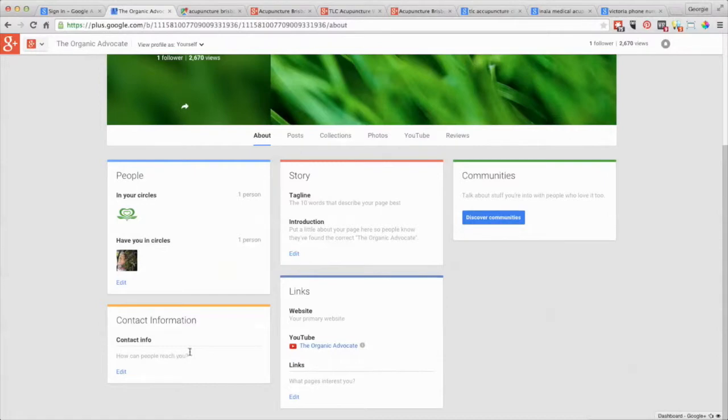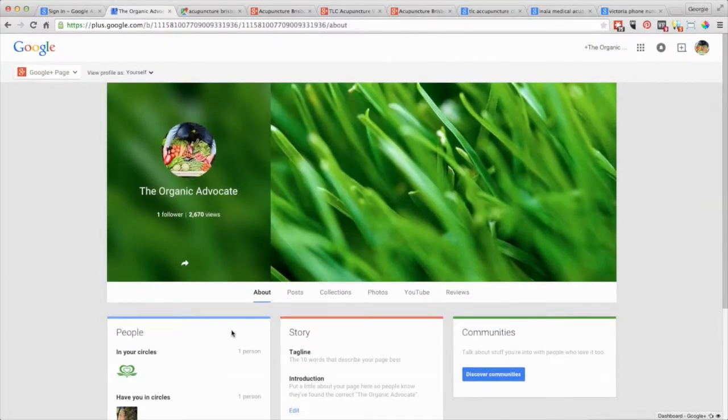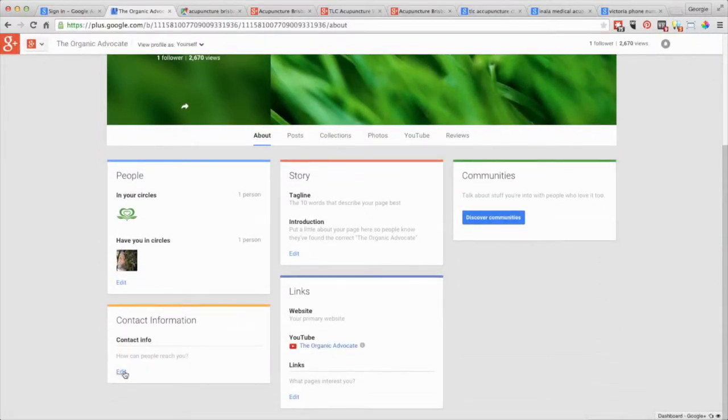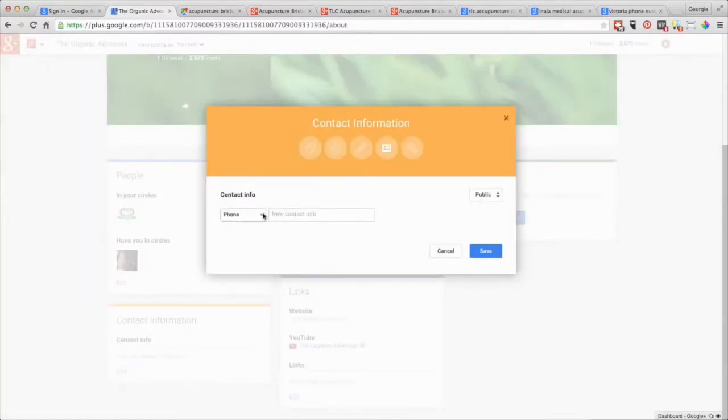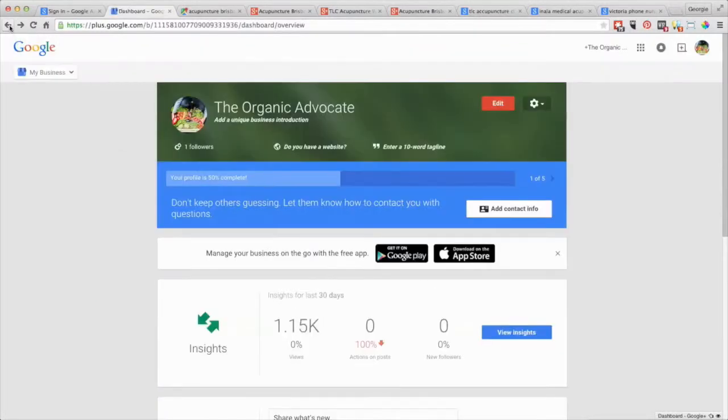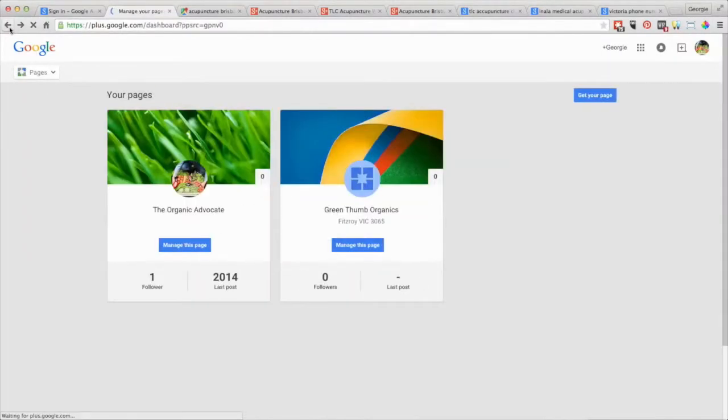Yeah, so this one actually, because it doesn't have the address there, the page comes up like this, so it looks slightly different. So if you want to edit the information, then you need to actually come down into here to edit it, where you can put your phone number, mobile, email, address in there, and then you can put links to your website there. So we'll just go back to this other page because I want to show you something else. Okay, so